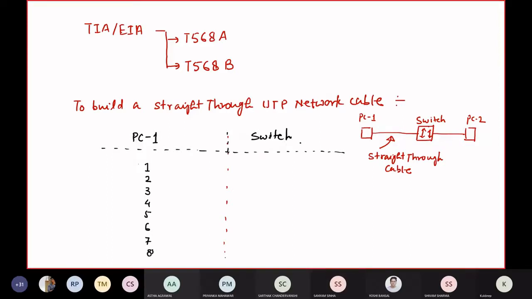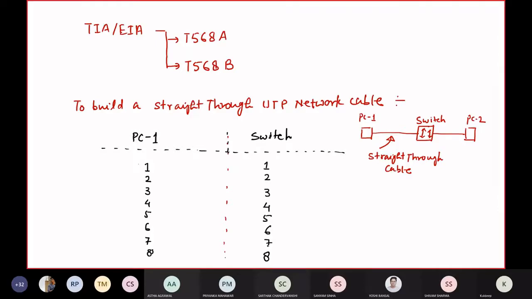Here on the other side, that is the switch, you will find Ethernet ports also, wherein we will insert this network cable into one of the available ports on the switch. Again, it is an RJ45 connector, so you will see the Ethernet port with 8 pins: 4, then this is your 5, 6, 7, and 8. Is it clear? Any doubt up to this point? No, sir.